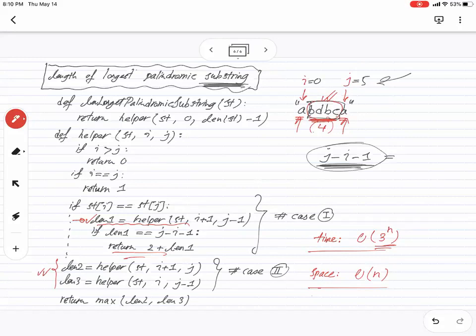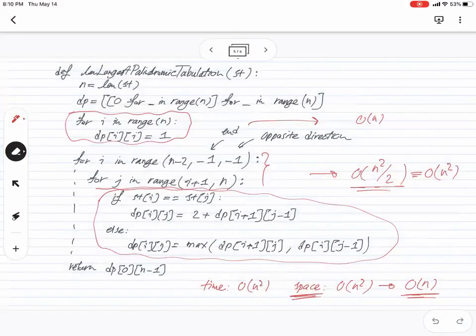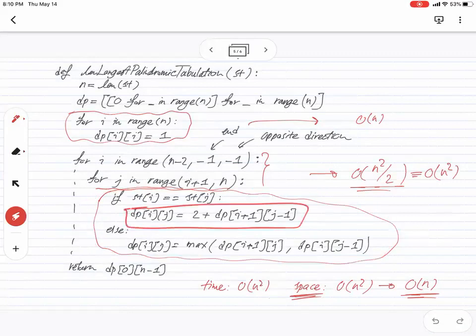But in the tabulation, you have a little difference. You need to check one more case. But again, it won't change much. Only your formulas will be changed, right? Let me do the tabulation. Only this part will be changed. This part. For this part, you will have one more if statement for the tabulation part. Please do the tabulation part. And if you like the memoization, for the next session,